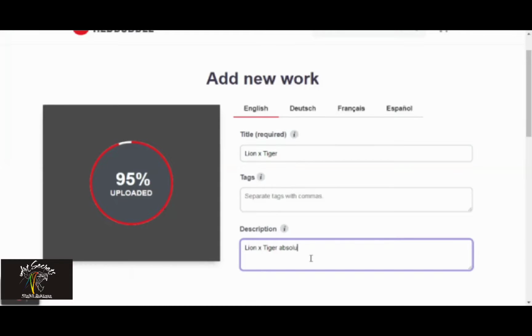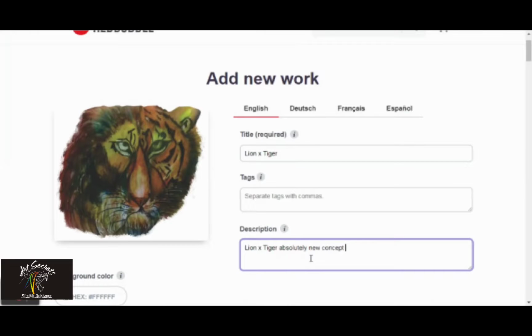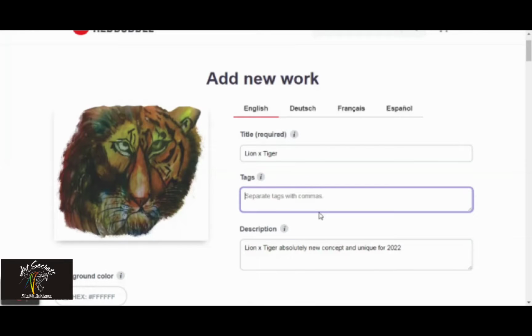In here you have to fill all your descriptions, all your tags and title very nicely, very clearly, and very popular names you have to put over here, as per your artwork, so that when the customer searches for your design, they can actually get it very well after your search tags. So you have to think properly and write all the details properly over here, and after filling all these things, your image is completely saved.